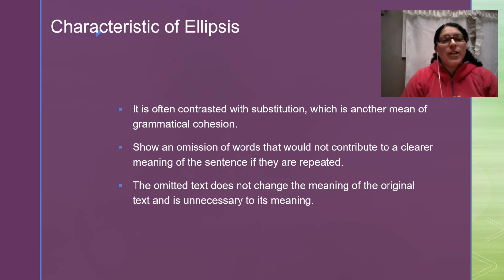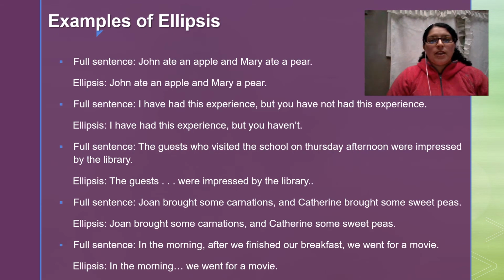It is often contrasted with substitution, which is another means of grammatical cohesion, and shows an omission of words that would not contribute to the clearer meaning of the sentence if they were repeated. The omitted text does not change the meaning of the original text and is unnecessary to its meaning. For example,